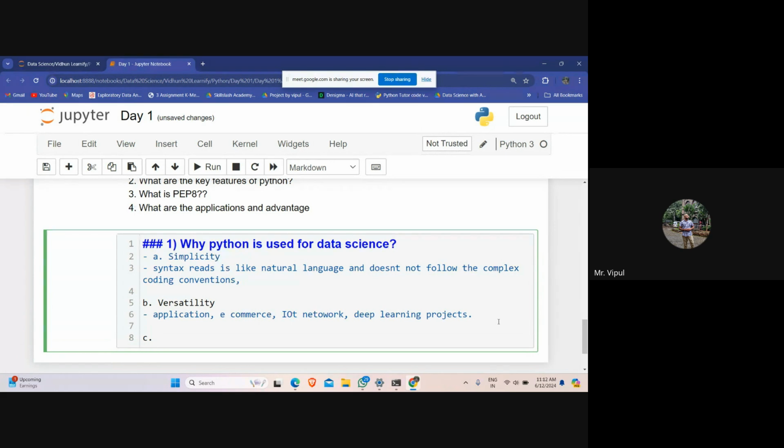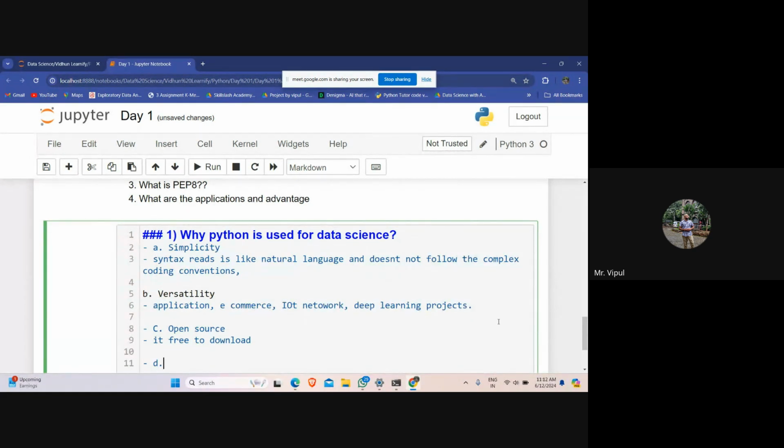Third, it is open source. It is open source and free to download, right? Then we have next, a large selection of libraries.